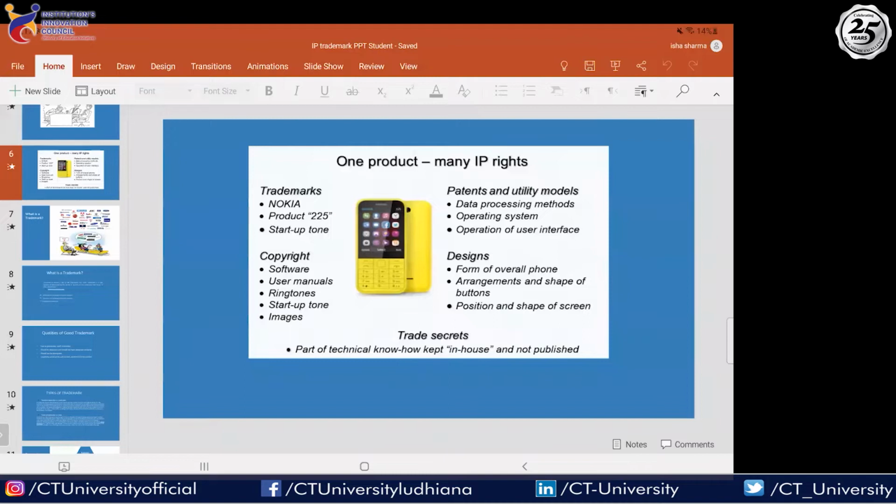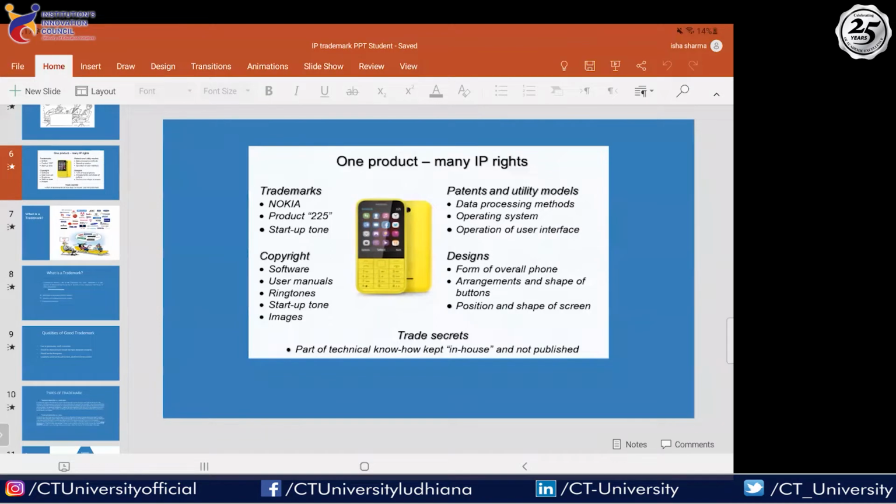So first of all, idea, as I was telling you, can be categorized into multiple subheads. If the idea is about a brand name, say you develop some kind of product or business idea, and now you want to name that thing. There will be a logo and a brand name that you will select. All that will fall under your trademark category, where you can protect that particular brand name and logo so that nobody else infringes the same.